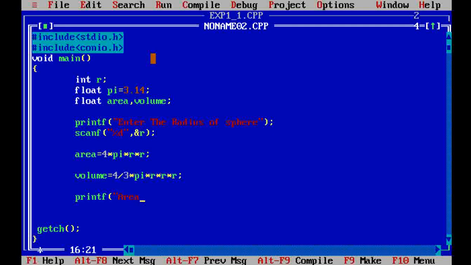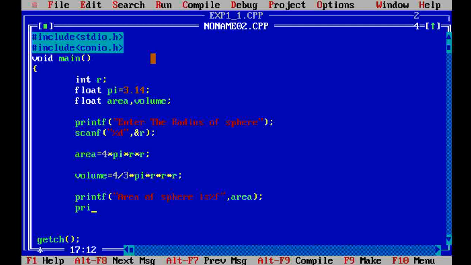We write here area of sphere is, having float type of result. So we write here percent f comma our area.